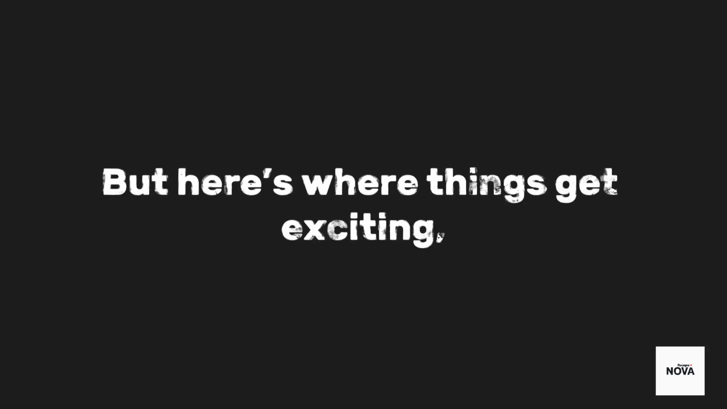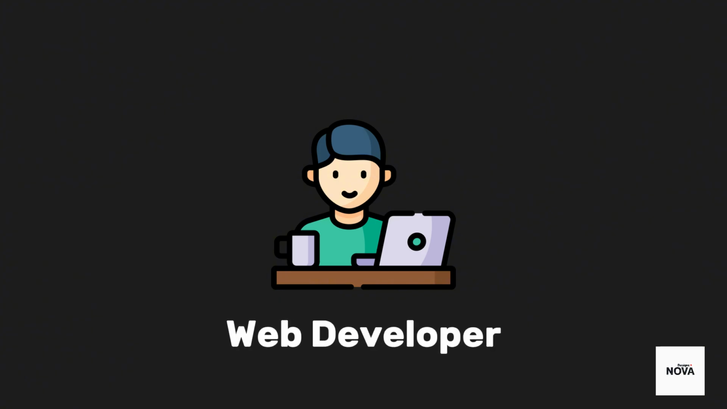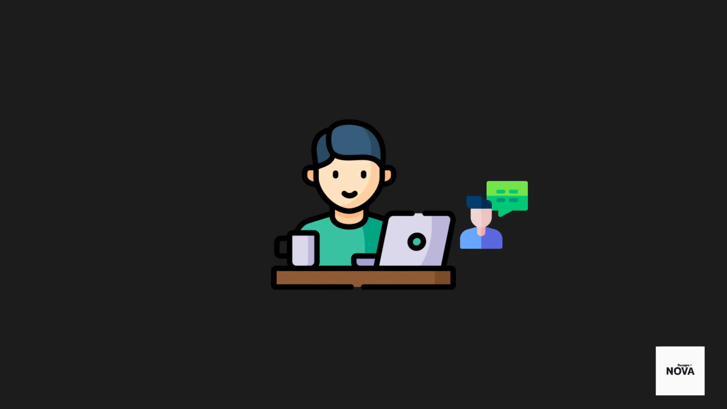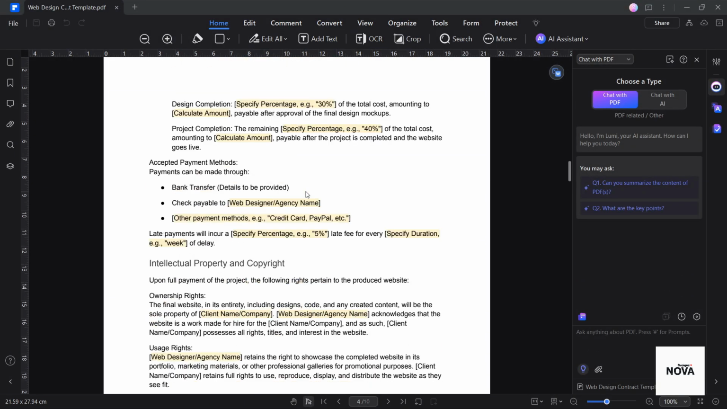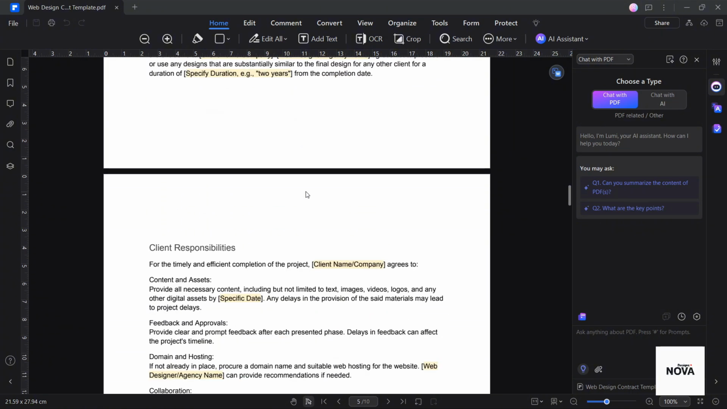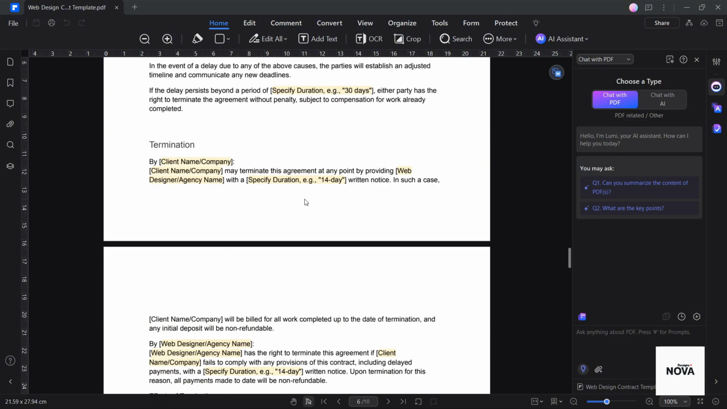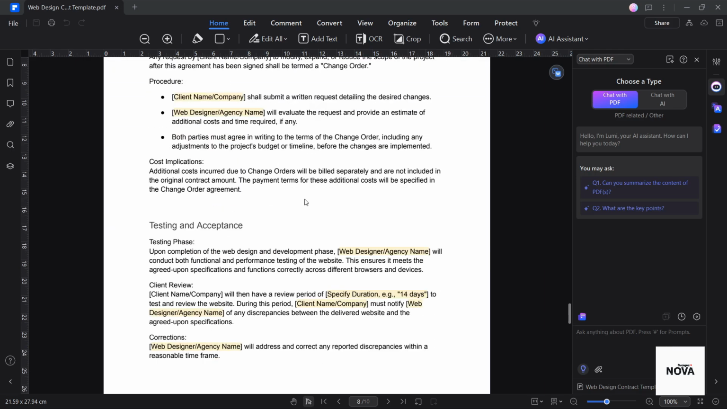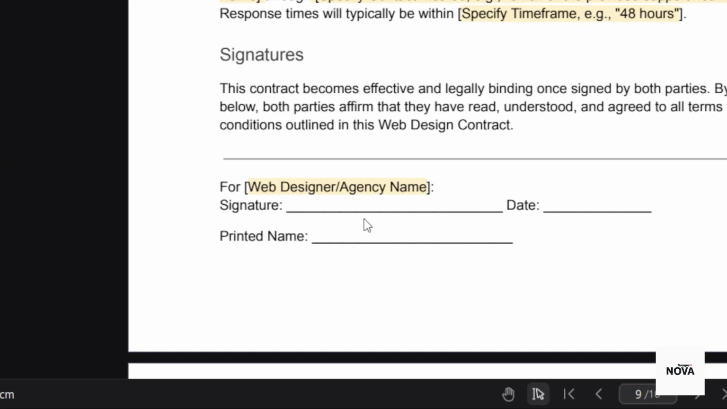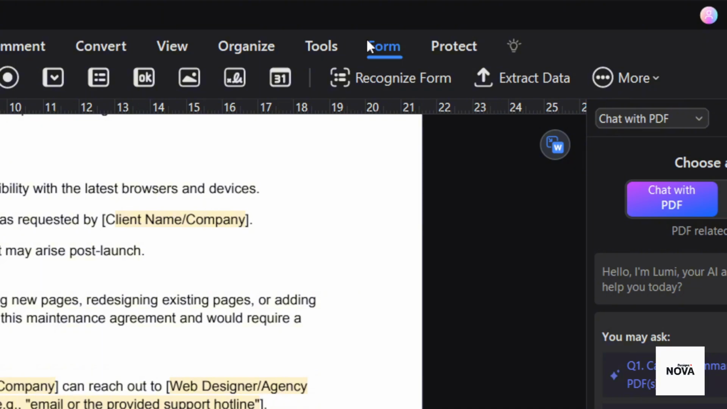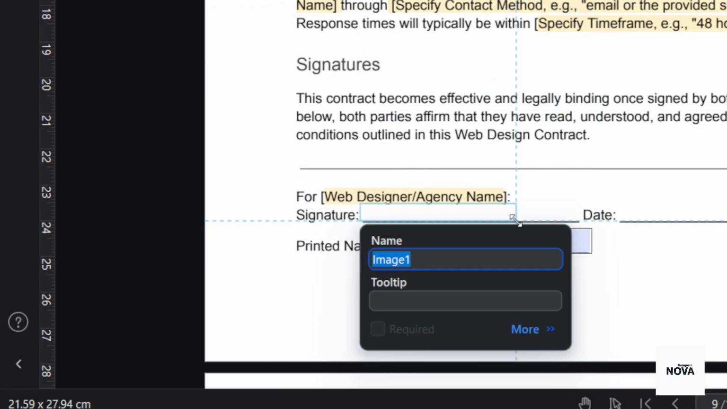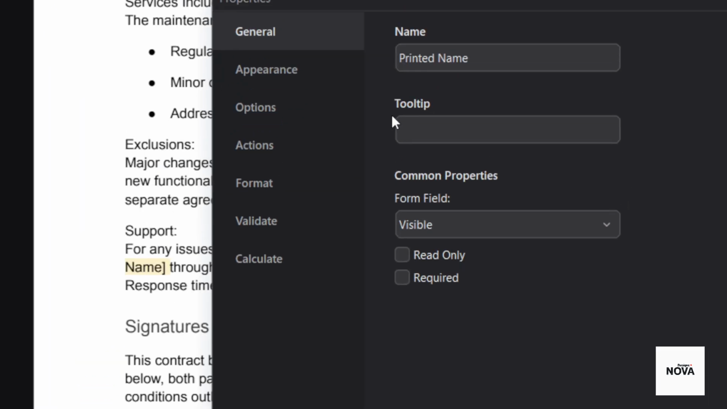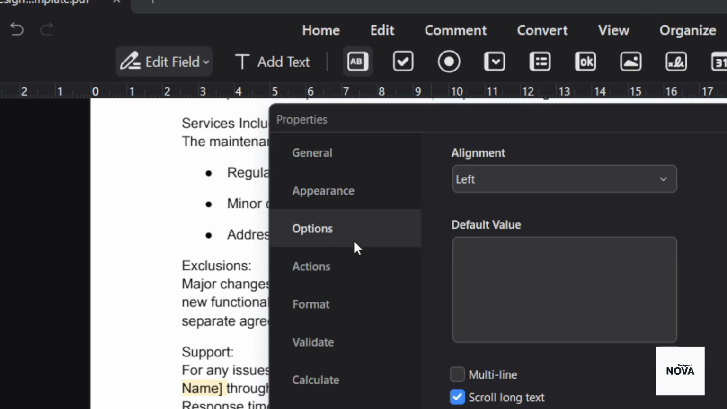But here's where things get exciting. For example, imagine you're a web developer working as a freelancer. You've landed a client and they want you to send them the project contract. You'll need to outline the project scope, deadlines, payment terms, and deliverables clearly in the contract. This ensures mutual understanding and sets the stage for a smooth workflow. However, you also need them to input their name and signature. Well, you can easily use form elements in PDFelement for this purpose. For instance, you can add text fields for their name or even an image field for their signature. You can configure these elements by adjusting their properties such as their name,